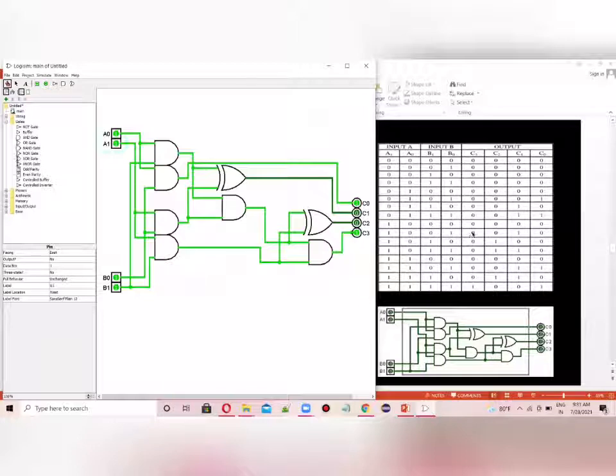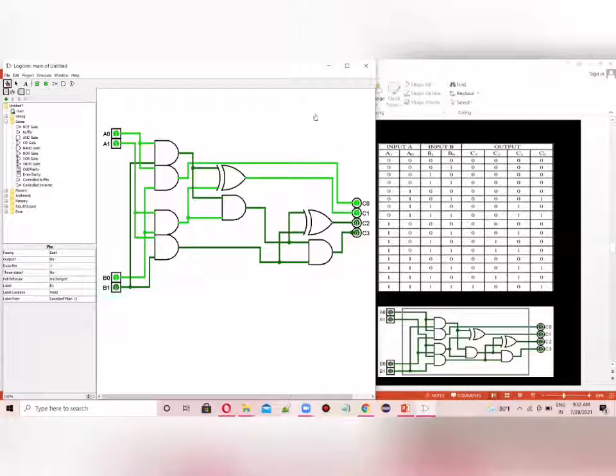Now let's check one more chance. Let's see what's happening when we click only B1 as 0. Only B1 as 0. Now we can see all the other 2 are 1. So that is also perfectly working. C note and C1 as 1. So that is also perfectly working.